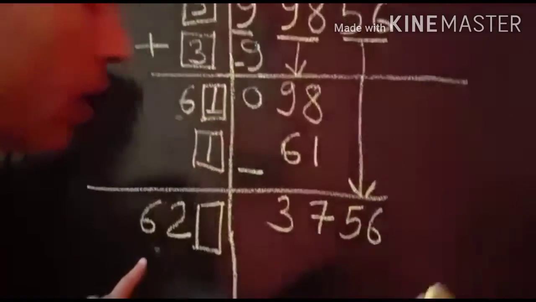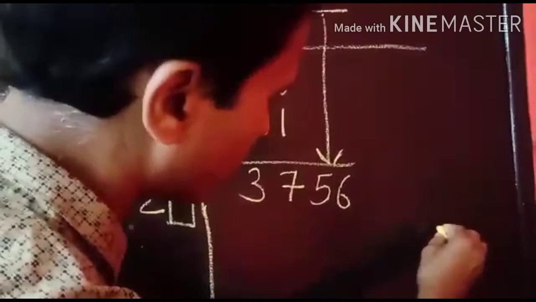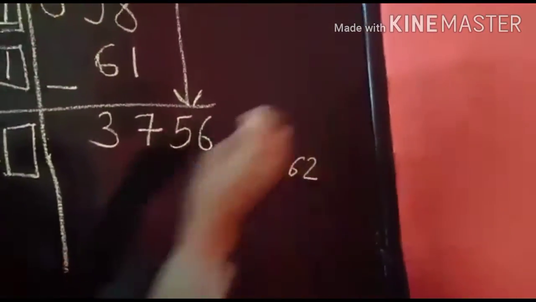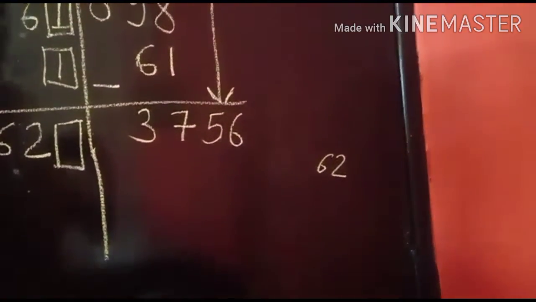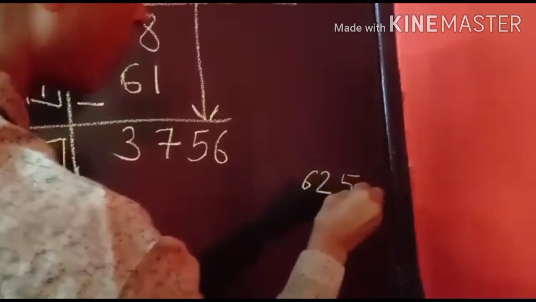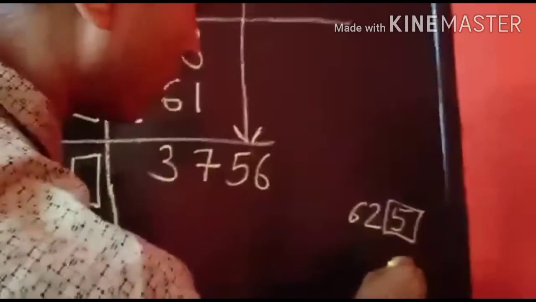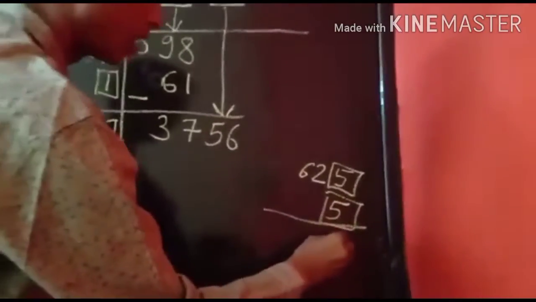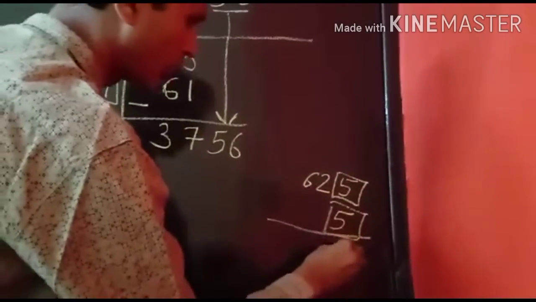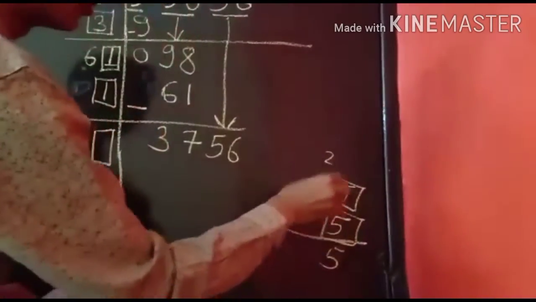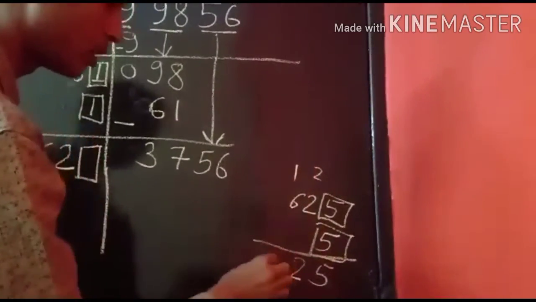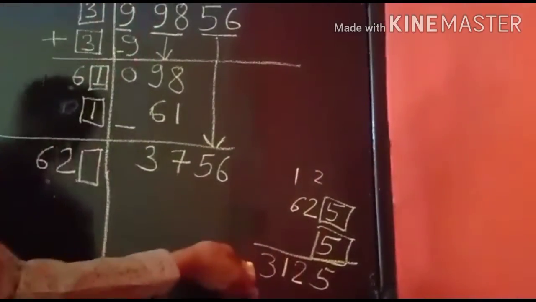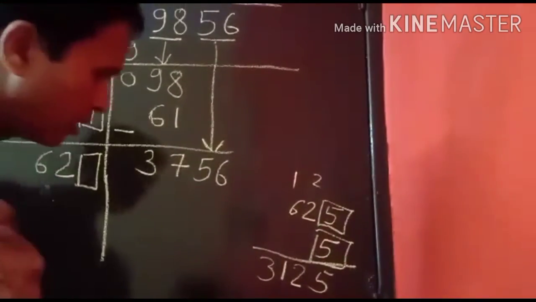So you see, again in the rough column we will solve it. 62 is there and we will write a different digit and check. For instance, suppose I am taking 5. So I am checking for 5. What are we getting? 5 5s are 25, 2 5s are 10 plus 2, 12, 5 6s are 30 plus 1, 31. It is less than this, so you check for the next one.